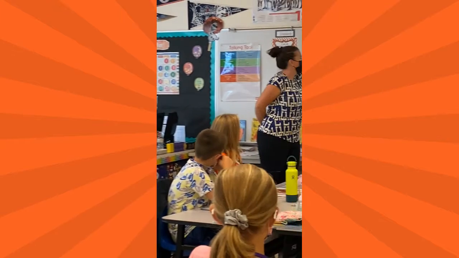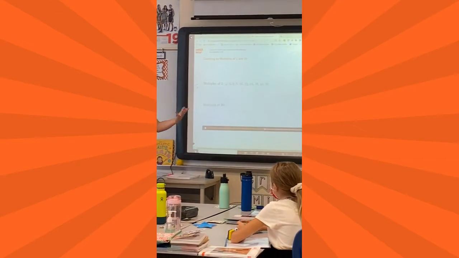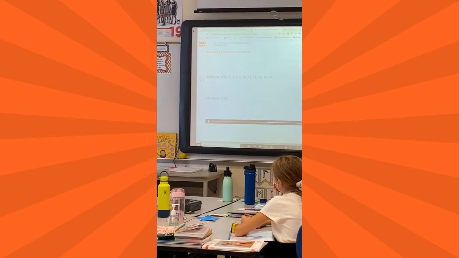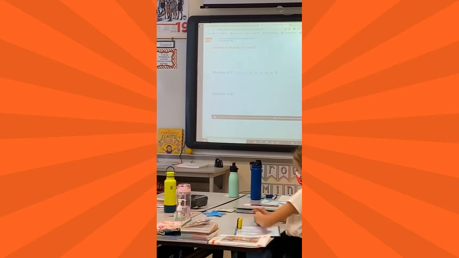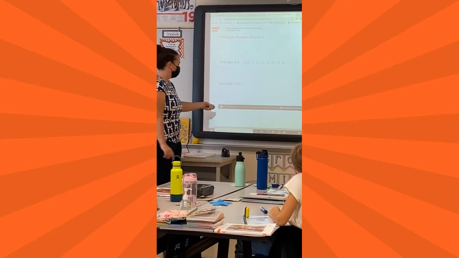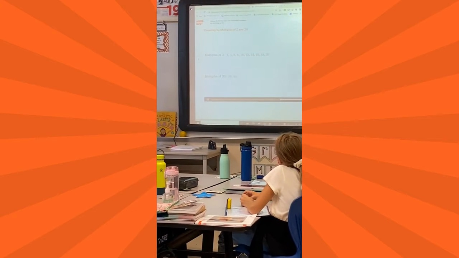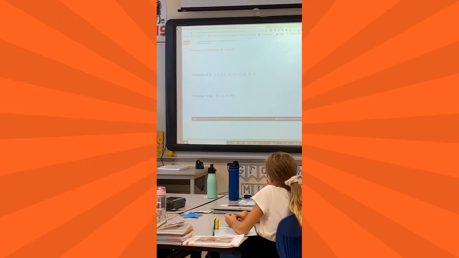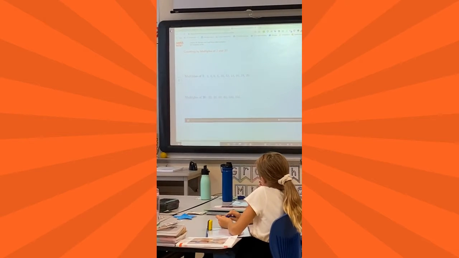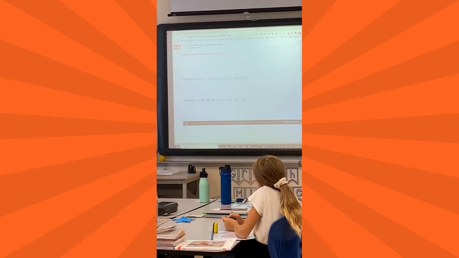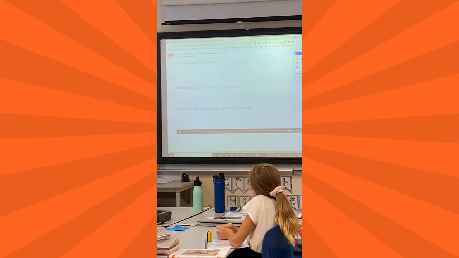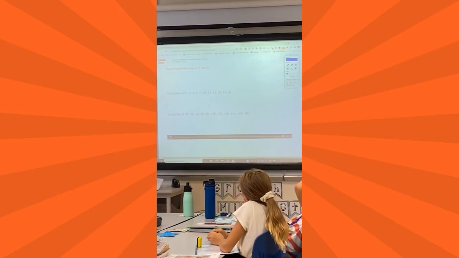10, power of 10. Okay, so if I understood, Riker, you're saying the first multiple of 20 is 20. And Tanish is saying, well, that's 2 times 10. So the multiples of 20 should be 10 times greater than our multiples of 2. Let's see. And we have 20, 40, 60, 80, 100, 120, 140, 160, 180, and 200.